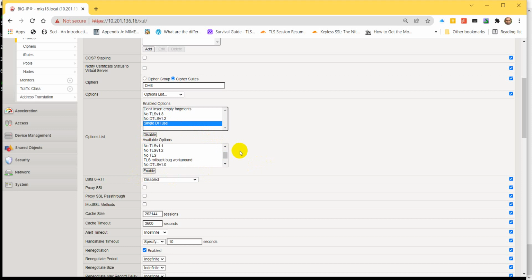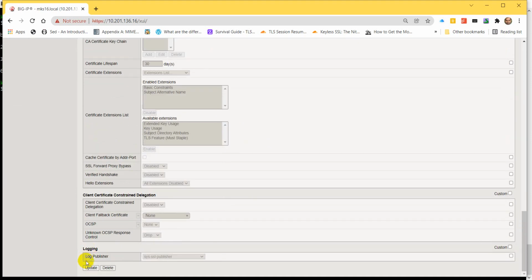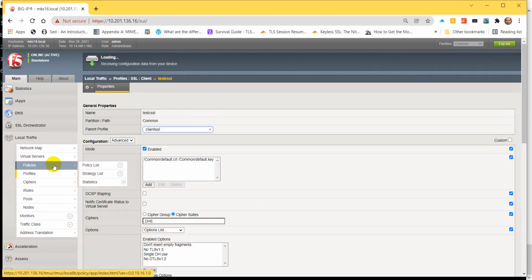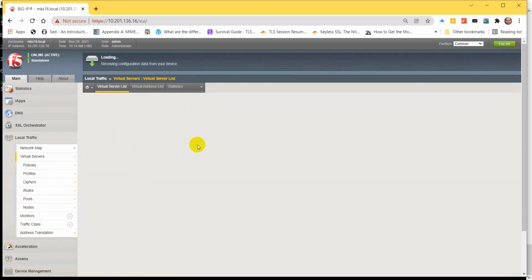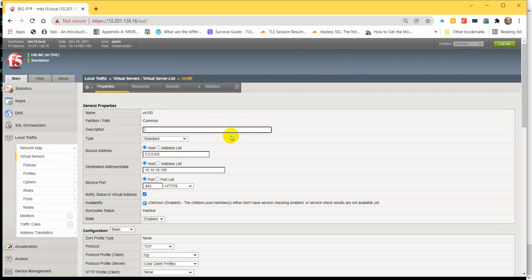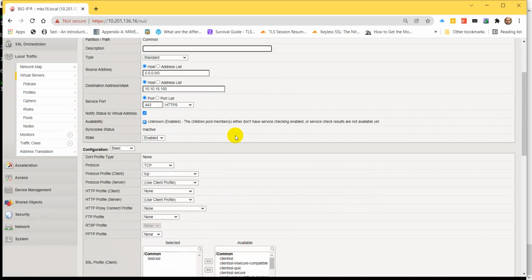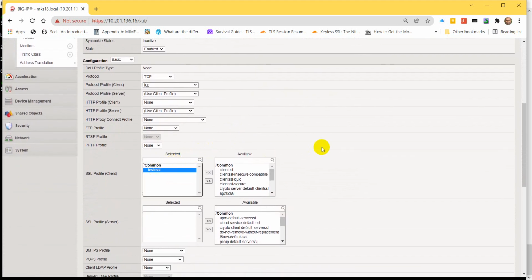Now for every single connection, previously if you notice, it was reusing the public key, right? Now it will not reuse the public key. For every single connection, it will use a brand new private key and hence a brand new public key. So let me turn this on. I will just update this. Now let me go back to my server and check whether I am using this SSL profile or not. Don't worry about all this configuration. We are not focused on how to use the Big IP device. We are only focusing on the ephemeral behavior here. Yes, I am indeed using this SSL profile.